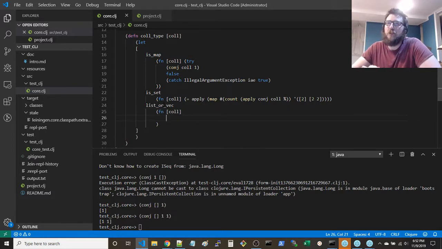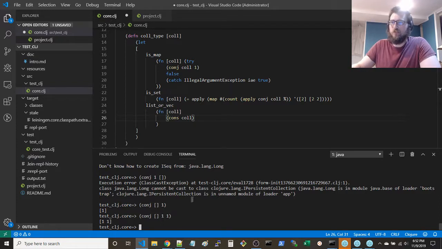Now that we know it's not a map and not a set, so it's either a list or a vector, you're going to take cons of collection, and now the cons goes the other way around. Cons of collection, put a 1 in there. Then cons of this collection, put a 2 in there.